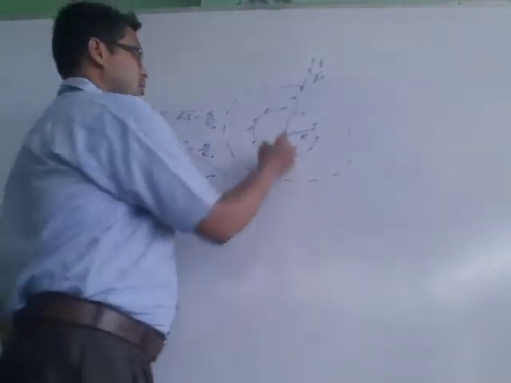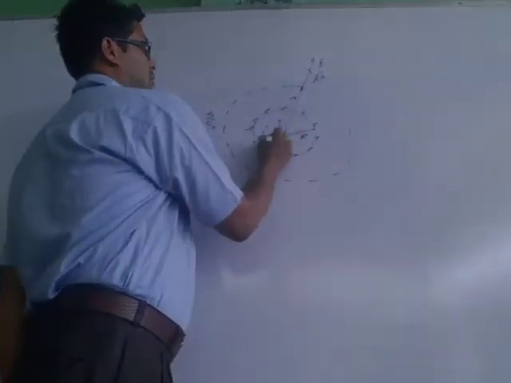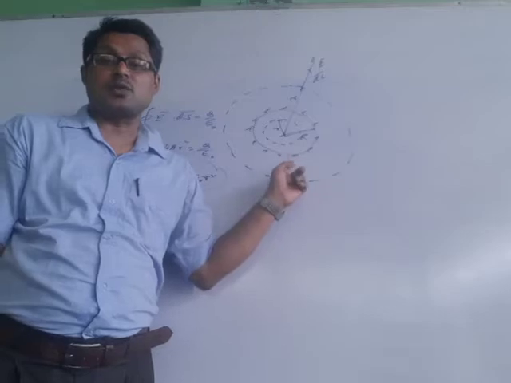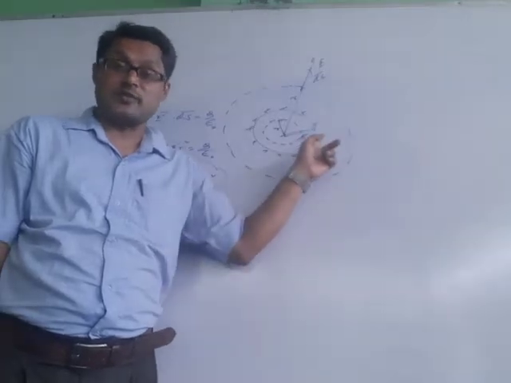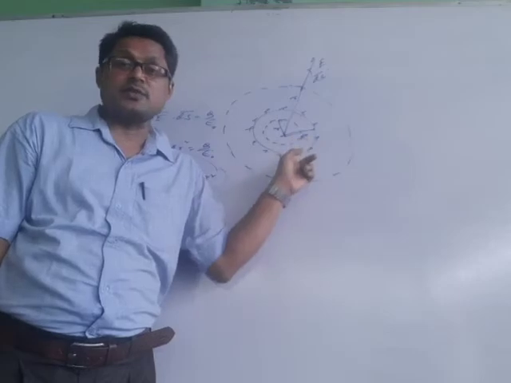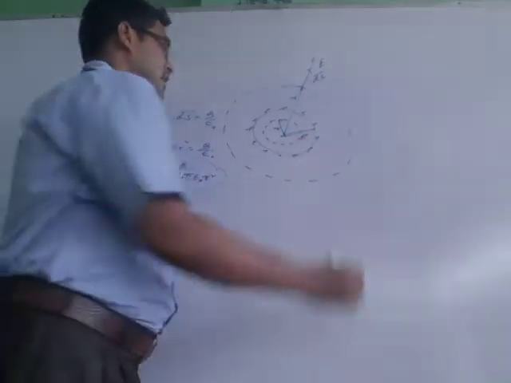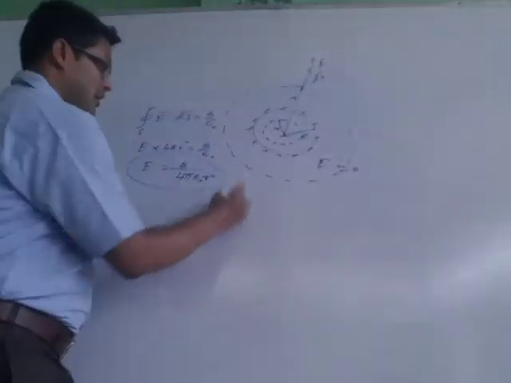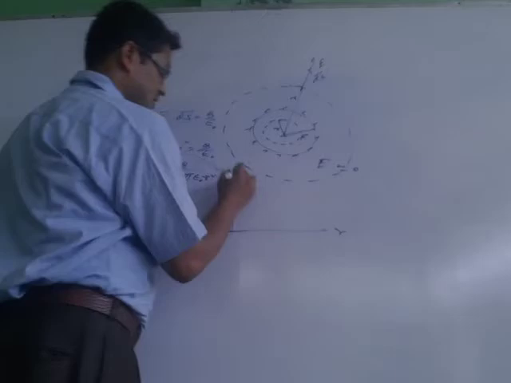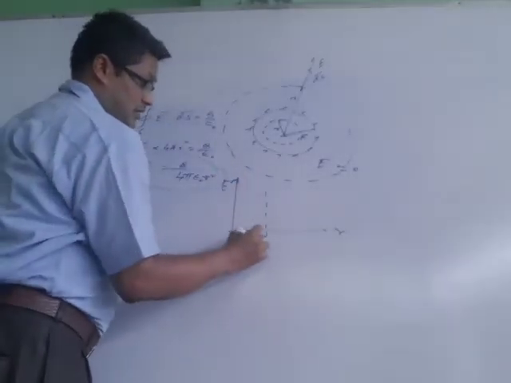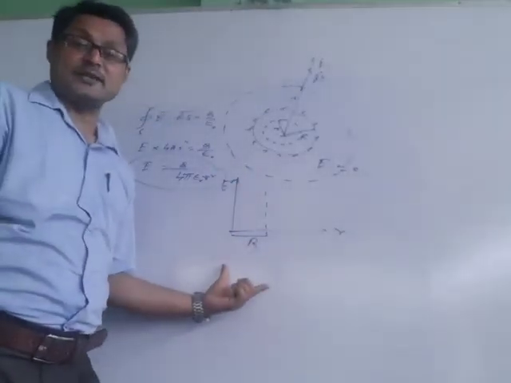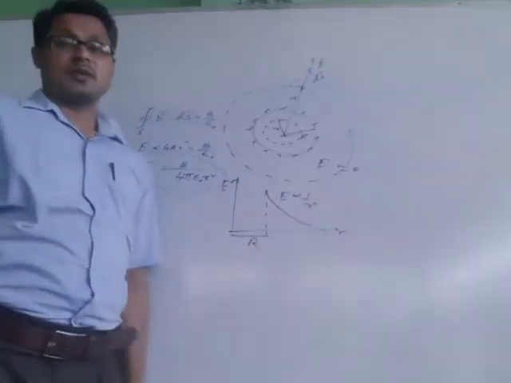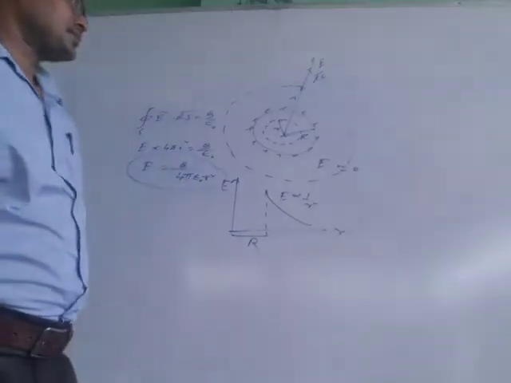But if I consider the point inside here, then we have to consider the Gaussian surface like this. So this Gaussian surface could not enclose any charge because charge is present at the surface always. So the inside Gaussian surface could not enclose charge. That's why inside intensity will be 0. Then if we plot a graph between distance and intensity, what will be the graph? This is the radius. Up to the radius there is no intensity. Afterwards it will vary as E equal to 1 by r square.